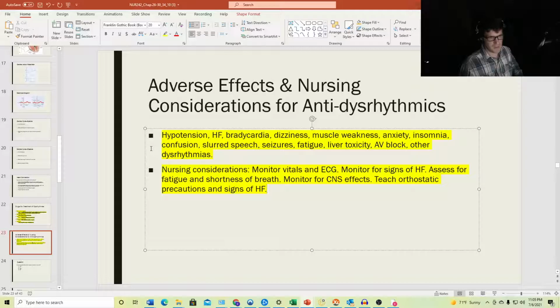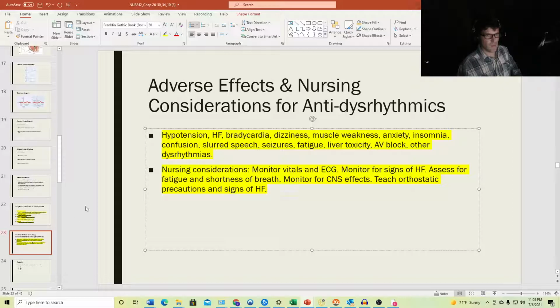other dysrhythmias. So I think about it this way, if you're changing the way the heart contracts and you're making it contract less, say with a beta blocker, and we already know that beta blockers cause hypotension. You can look at it this way, hypotension is a drop in blood pressure. Bradycardia is a drop in pulse rate. Both of those things are obviously going to cause dizziness. Probably cause muscle weakness because blood perfusion to the muscles isn't going to be as good, so oxygenation is going